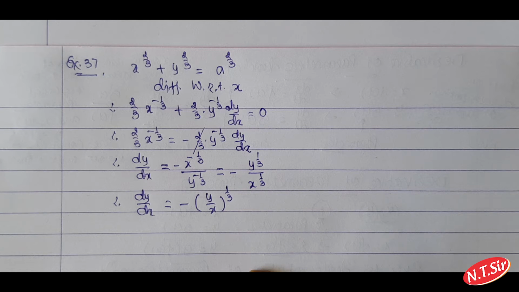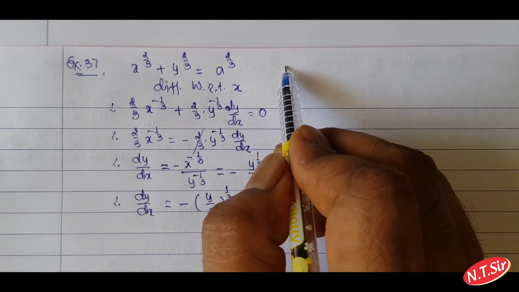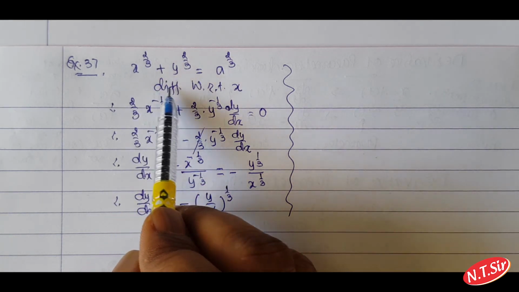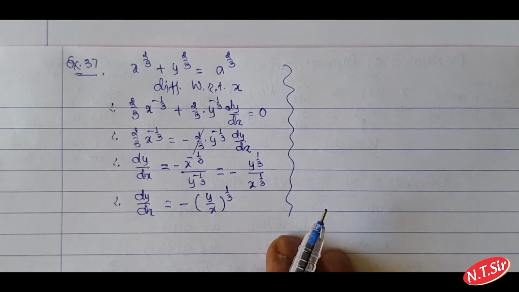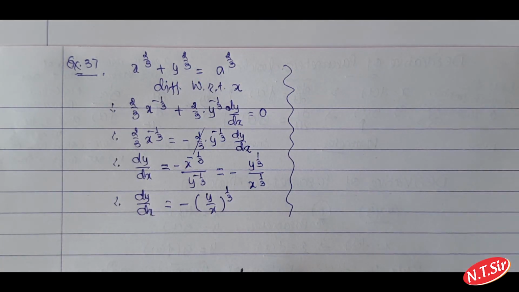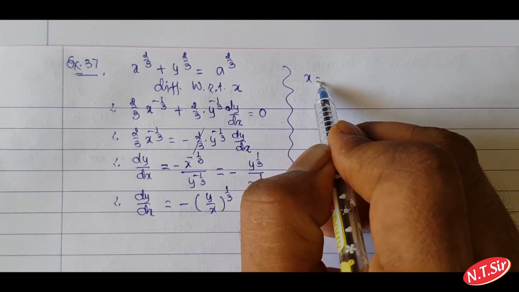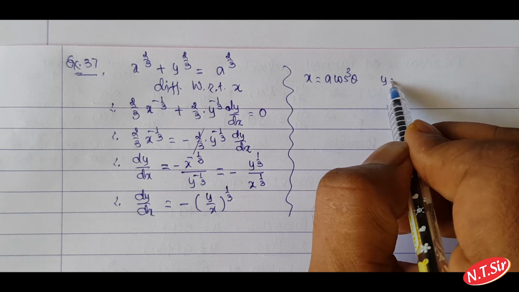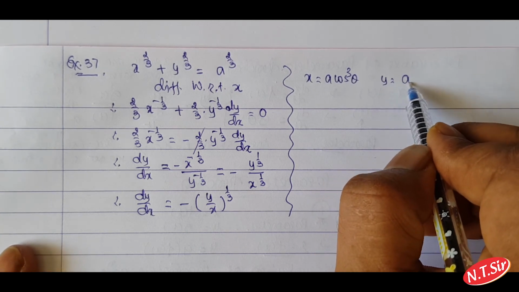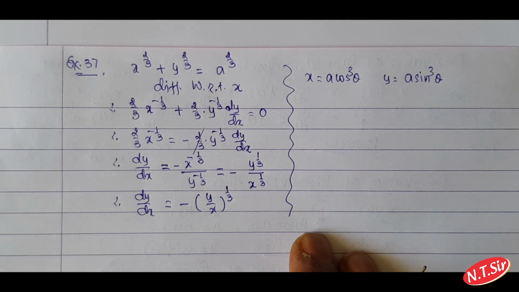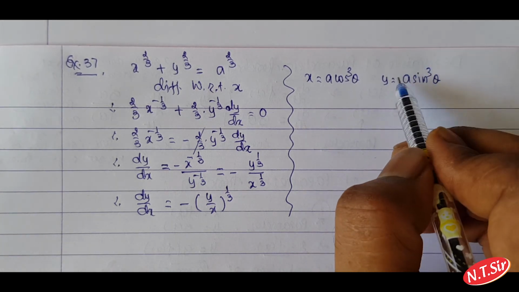This is your answer. आपको ऐसा लगा होगा कि पैरामेट्रिक में ये क्यों दे दिया. तो ये जो कर्व दिया है x raised to 2/3 plus y raised to 2/3 is equal to a raised to 2/3, इसका जो पैरामेट्रिक इक्वेशंस है वो है x is equal to a cos cube theta and y is equal to a sin cube theta.